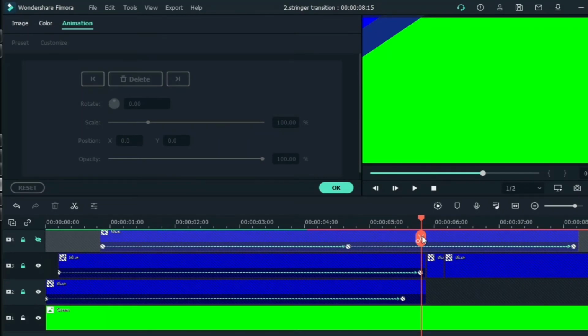I think due to the poor frame rate of the screen recording, I'm not getting a smooth rendering. So guys, don't worry, I will put the smooth clip by the end of the video so you can preview it. But right now you just have to understand the concept of how to put the keyframes here.